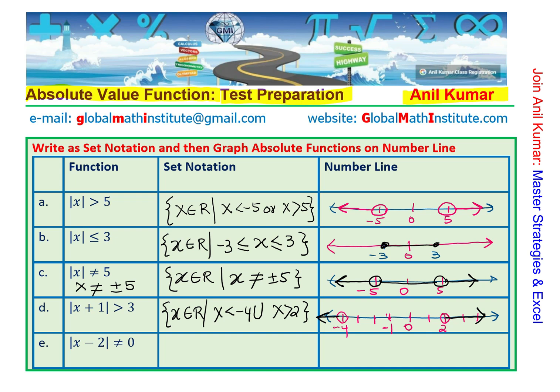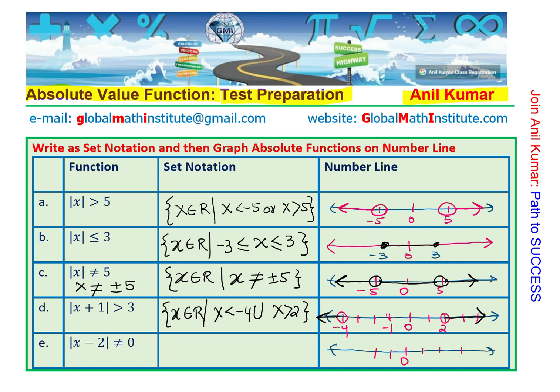Perfect. The similar next one is absolute value of x minus 2 is not equal to 0. So when will it be 0? It will be 0 for x equals 2 only, right? So in this case, the number line is right there, and this is 0. Let's say this is 1, this is 2, 3, minus 1, minus 2, minus 3. So when we say absolute value of x minus 2 not equal to 0, it means